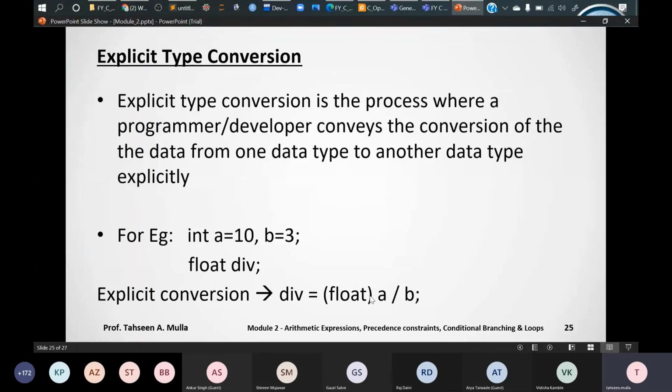Now explicitly what I'm writing here is I am converting this integer data type into float and then storing it in the division, and already division is mentioned as float. So here there's no issue. The issue was raised by the compiler here that you might lose 0.333 in your answer. So to support this, explicitly what we are doing, we are converting these two variables which are declared as integer and converting them into float.